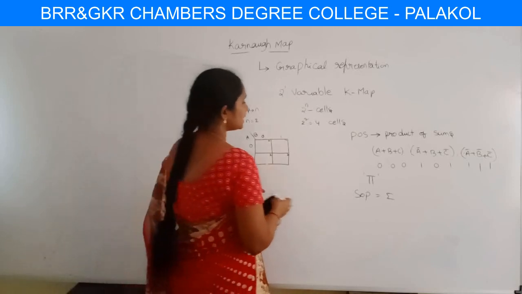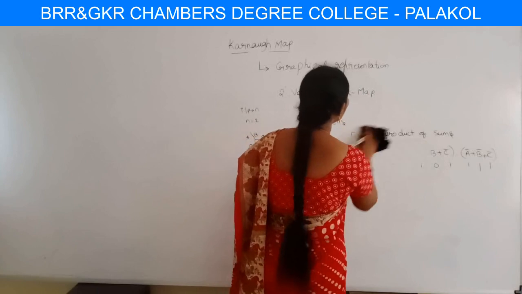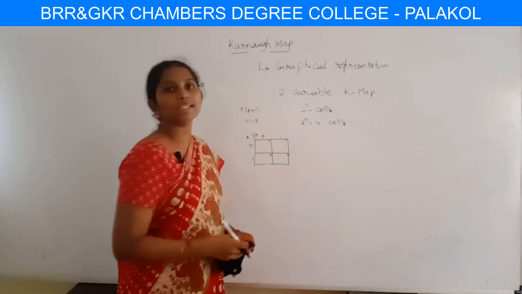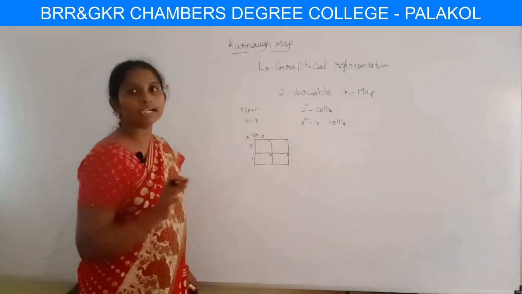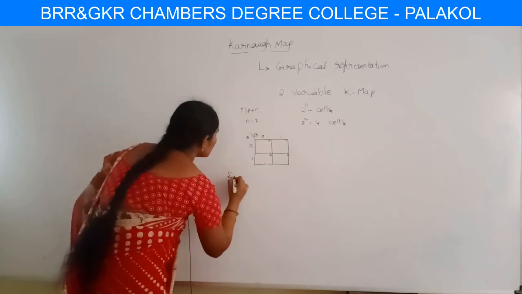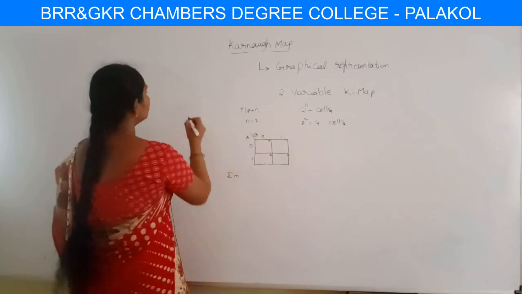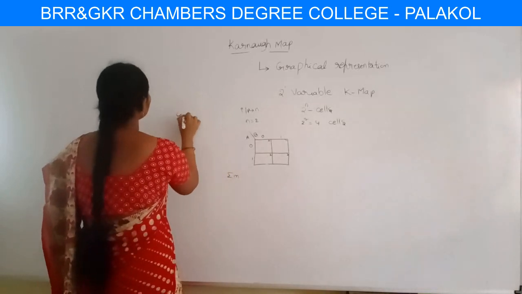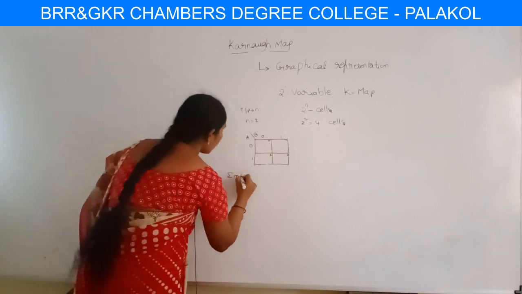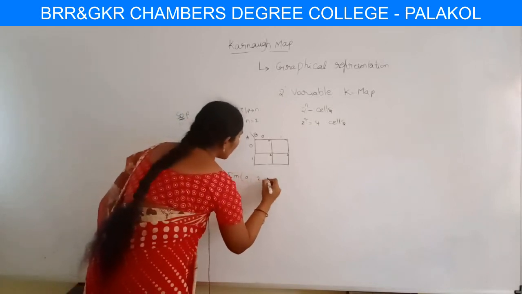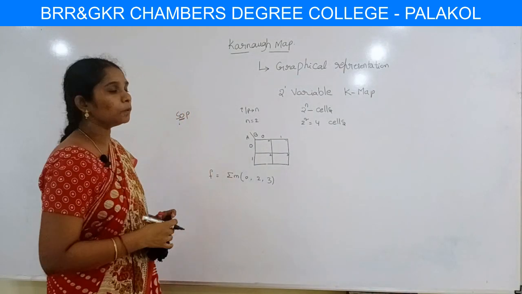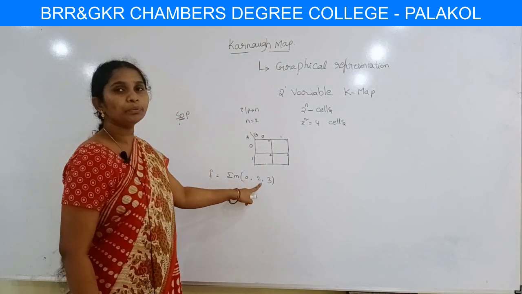Okay, now I will consider a small example of how to do the K-map simplification by using this graphical representation. Here I consider an example: sigma small m. For the SOP form, we represent it like this: the sigma and small f of 0, 2, 3. I consider a number that is f is equal to sigma m 0, 2, 3.